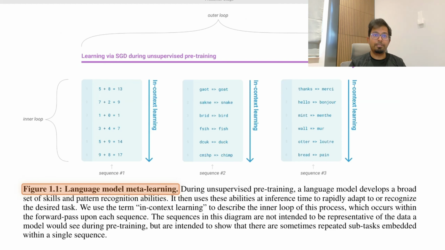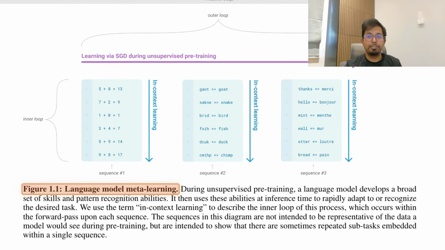Now, this whole paper is built on this one picture. There are 2 loops in this picture, an outer loop and an inner loop. Let's take them one at a time. The outer loop is just ordinary pre-training. The model reads a huge amount of web text, and by predicting the next word over and over, it quietly picks up a broad set of skills: grammar, facts, arithmetic patterns, and pretty much what we learned in the other papers. All of that is slow, spread across the whole training run, and driven by gradient descent. So that is the outer loop.